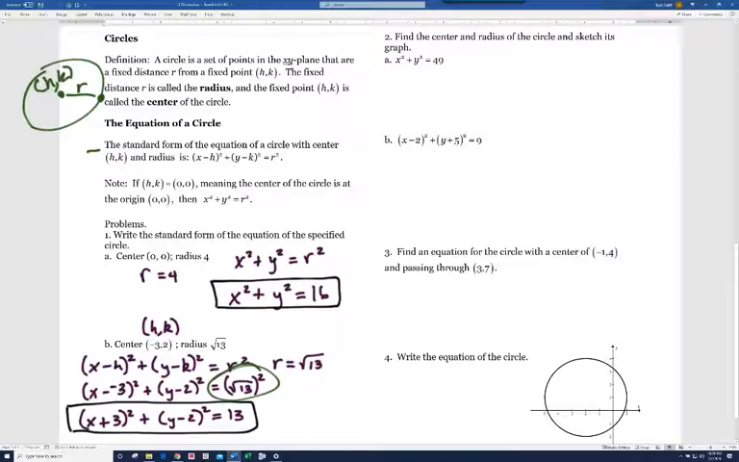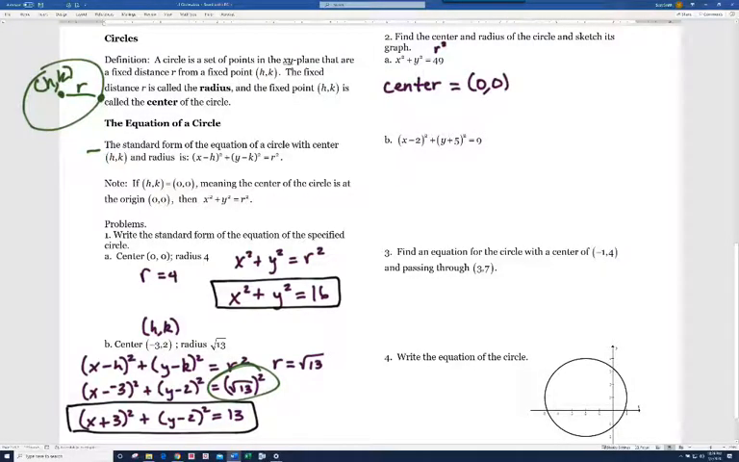All right, so the next question, number 2, says find the center and radius of the circle and sketch its graph. So we're actually going reverse of what we just did. So if x squared plus y squared equals 49, well, we know that,